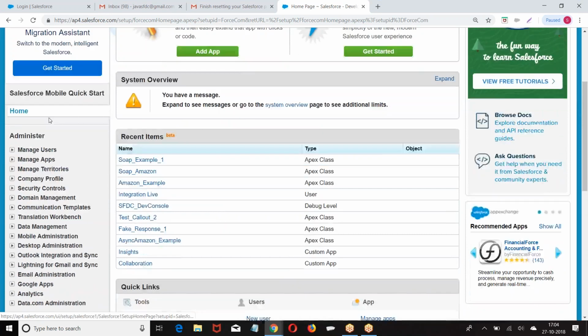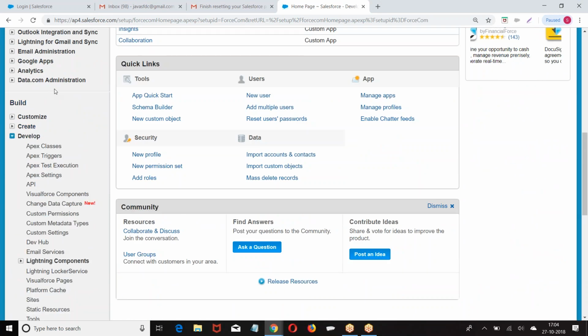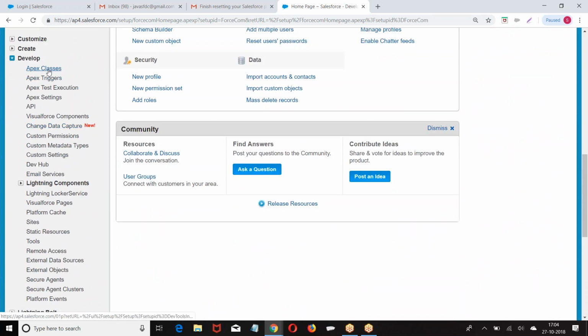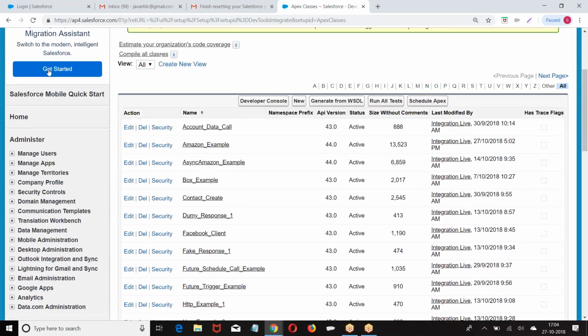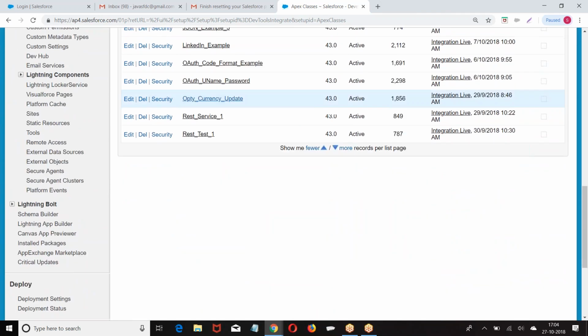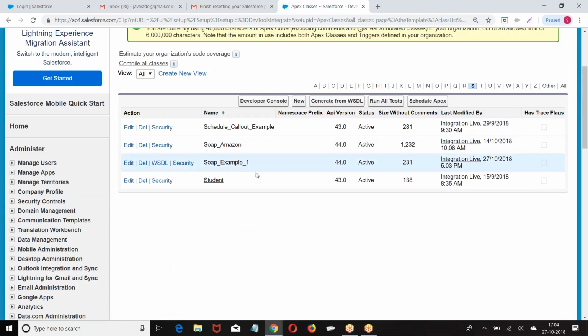Setup, build, develop, Apex classes. Go to here, SOAP example.